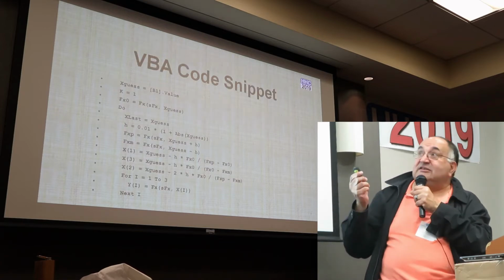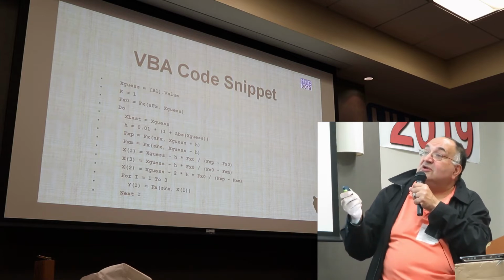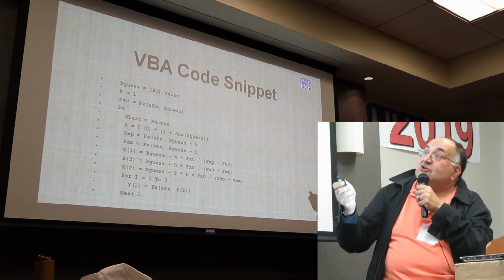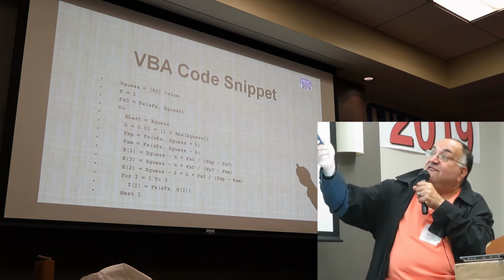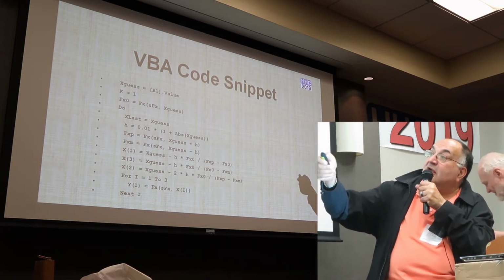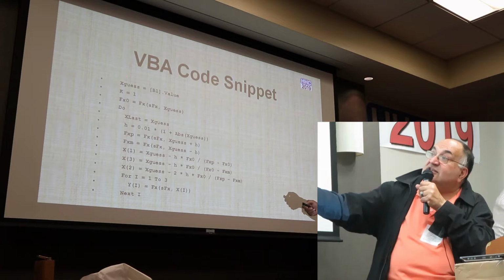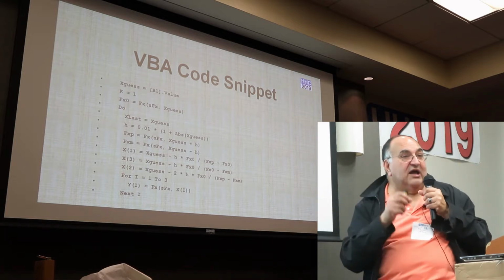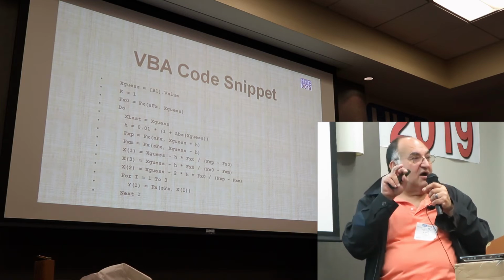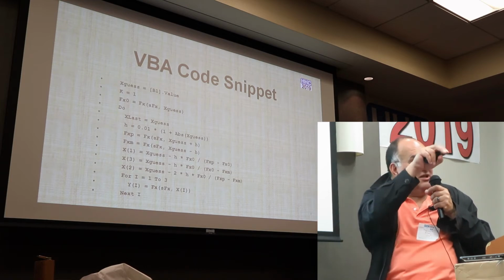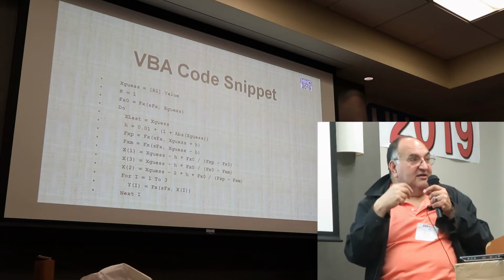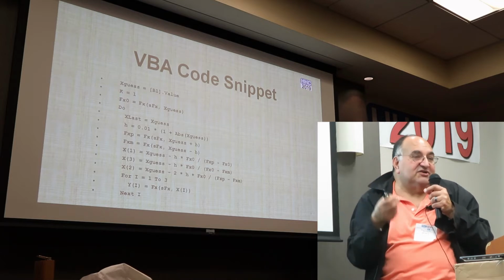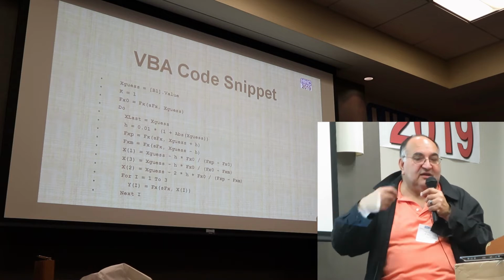Here's a Visual Basic application code, simple code using Excel. So we start by I have a guess in cell B1, and I store it in X guess. I set up my iteration counter to 1, and then I evaluate the function value here. S of X is a string, so I can just type it in, I don't have to hard code the function. I can enter it in the spreadsheet,